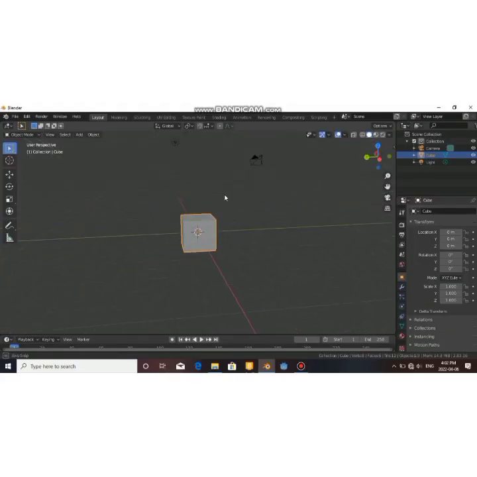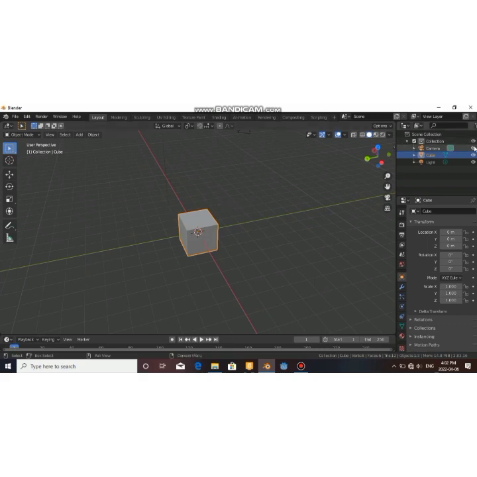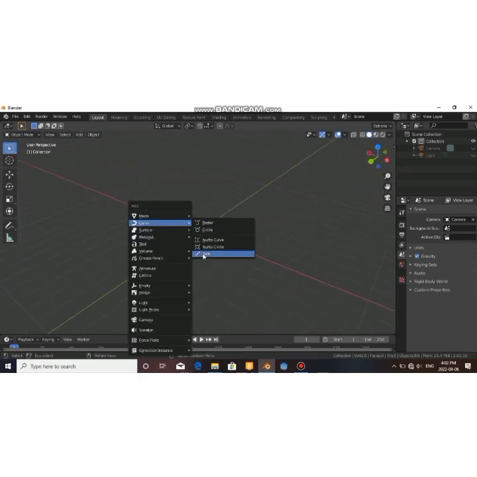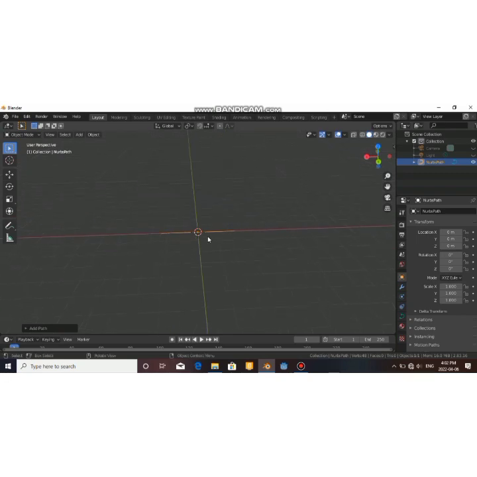Alright, welcome to my Blender tutorial, where I'm going to teach you how to model eyeglasses. First, we'll hide the camera and the light, delete the cube, and press Shift A, select the curve and go to path, select path, and then go to edit mode and we